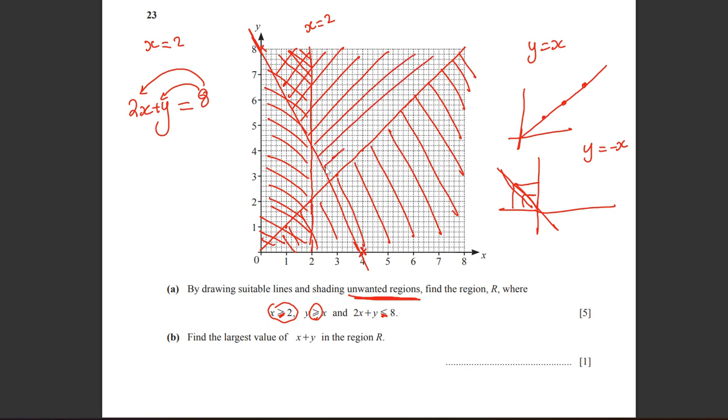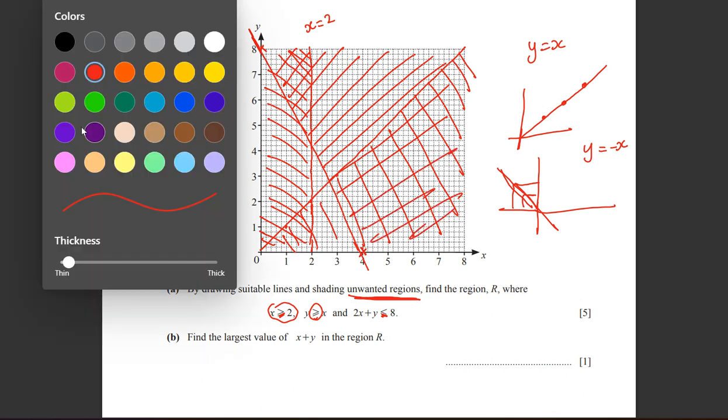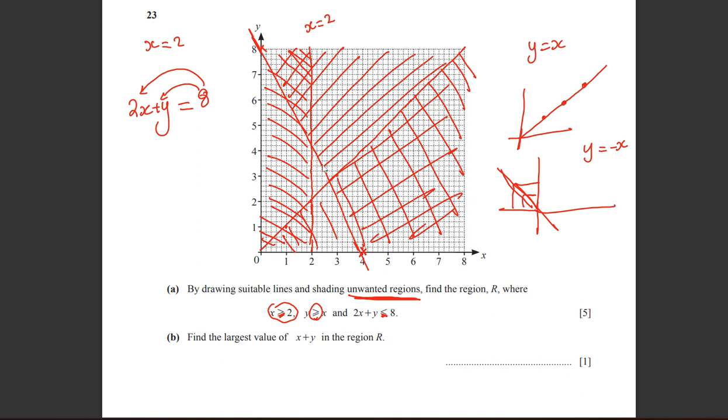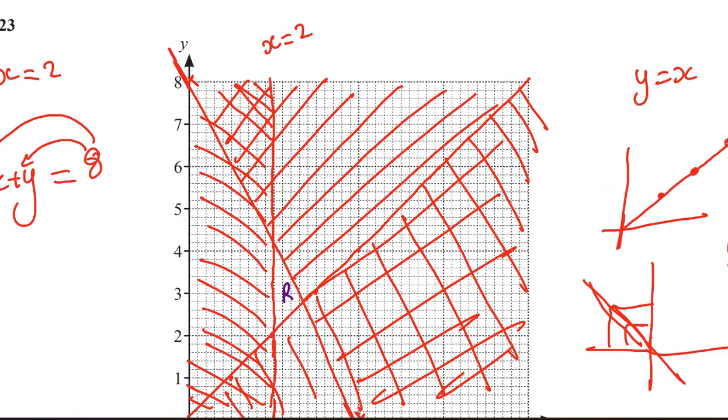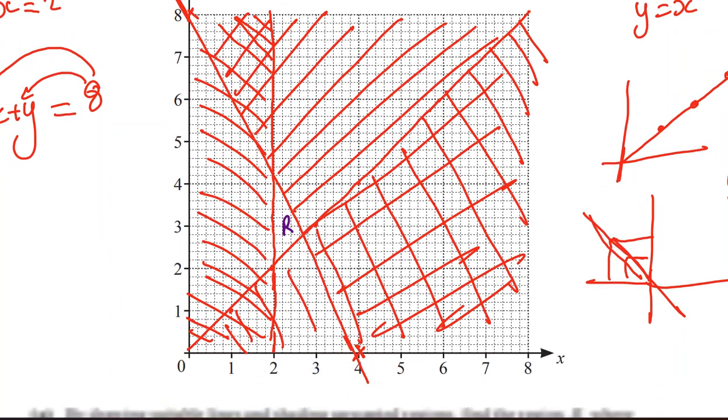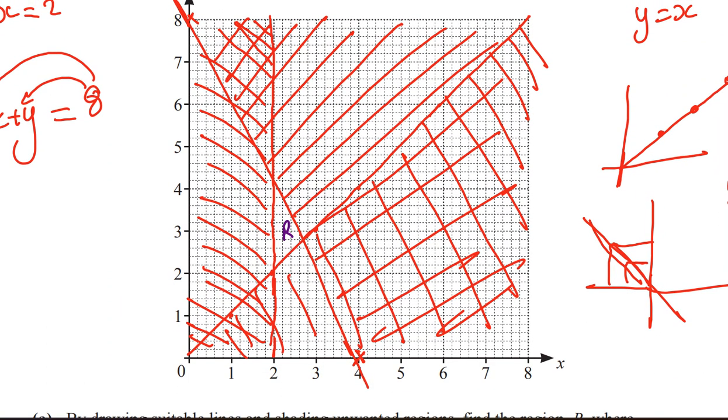Okay, now we are doing what? This is the region. Find the largest value of x plus y. As we can see here, we go through what? First, we are going through the vertices. Okay, I have 3 vertices, this vertex and this vertex and this vertex. Okay, but what we have here,